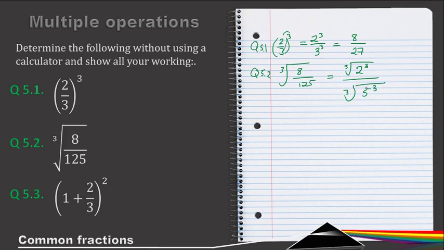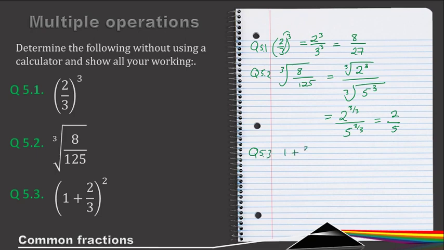Okay, and then divide top and bottom with this 3 here. So 3 over 3 over 5, divide by 3 over 3. So this is then, if these cancel, I'm left with 2 over 5. But once again, this step is not necessary to put in. Okay, so then for question 5.3,